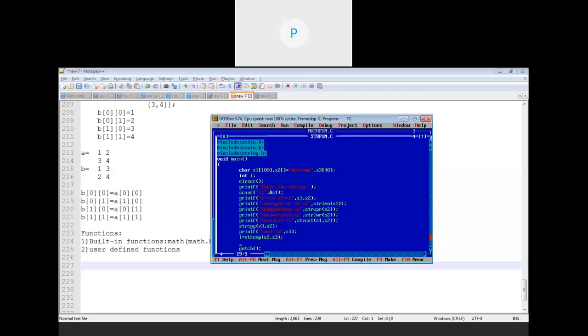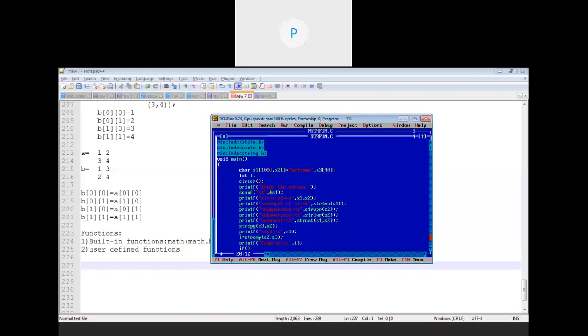So I have used that function, and the output of that function is stored within what? I. Then printf, suppose I'll print the output of compare first, just to show you how that output is returned.